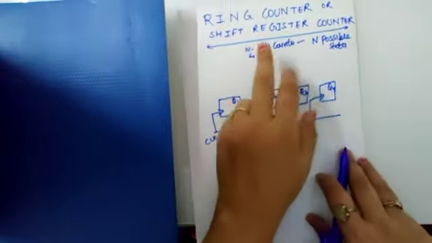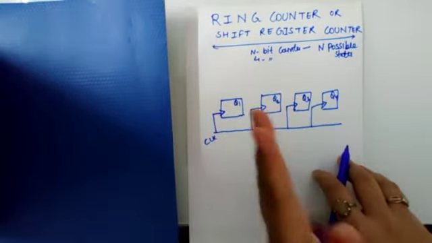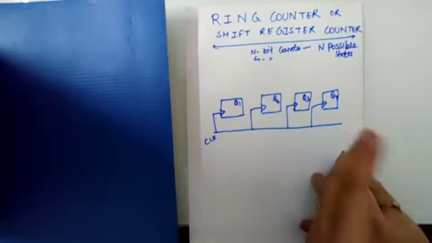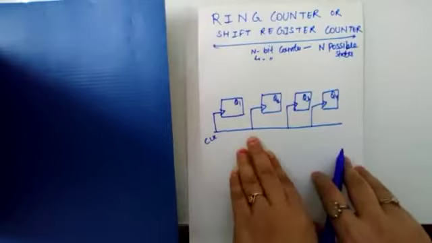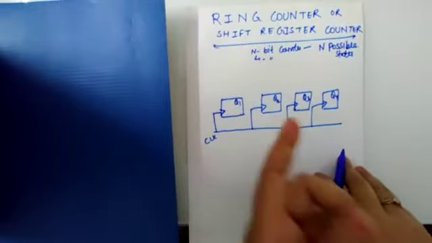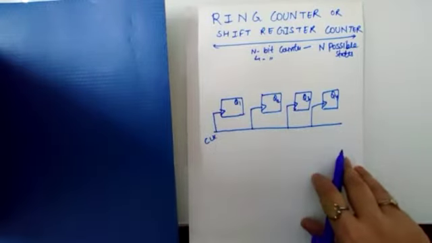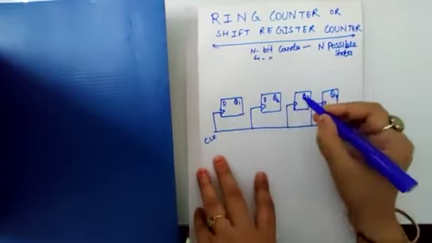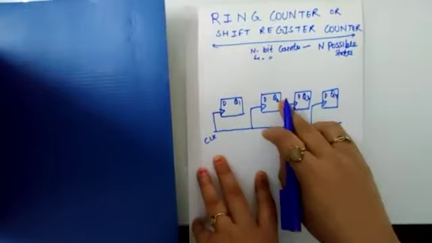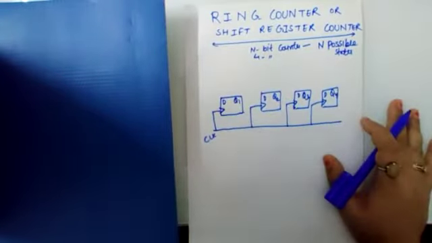Now see, the word that I have written here is the shift register counter. It means it is just going to shift the bits from one flip flop to another. So please recall that in shift register we have used the D flip flop. So here also we will use D flip flop instead of the JK toggling condition. We don't want the toggling condition here, we just want the shifting of bits. So I am taking D flip flop in all the cases, where whatever is the input, the output will be the same. It will just transmit the input bits to the output bits.